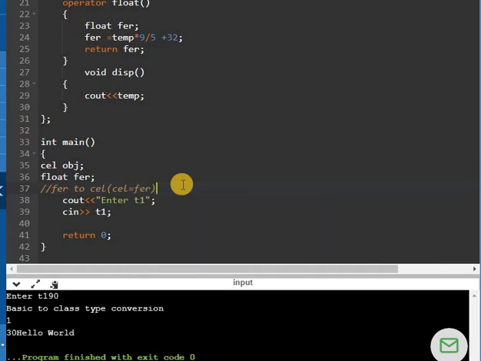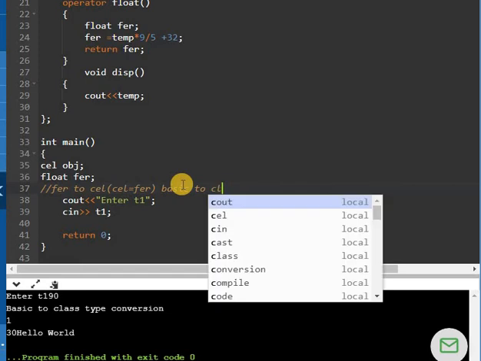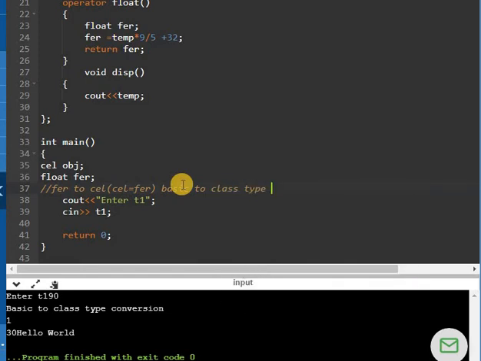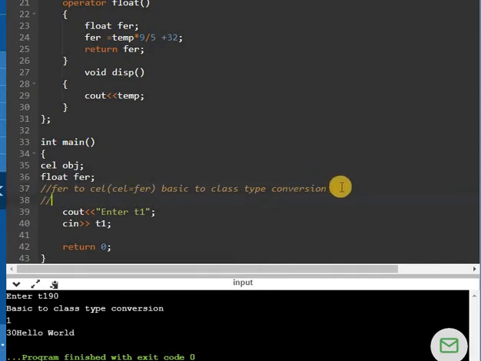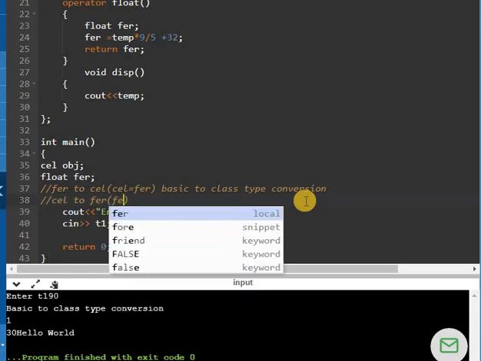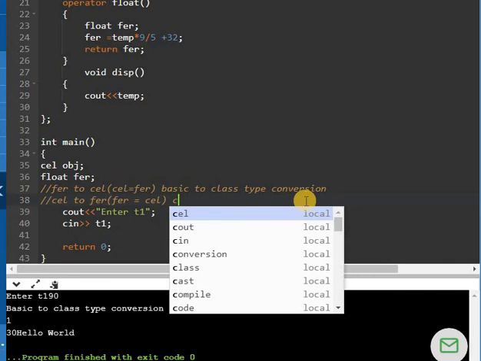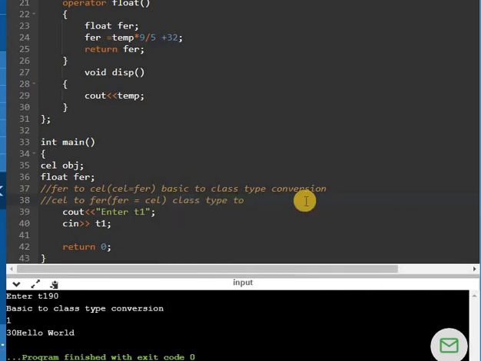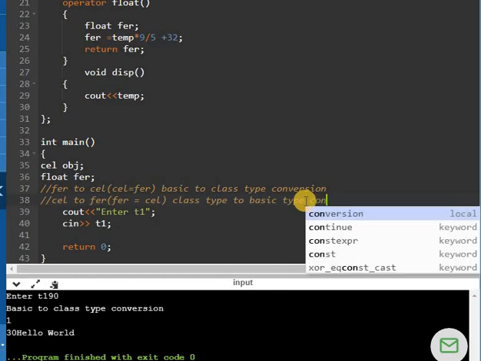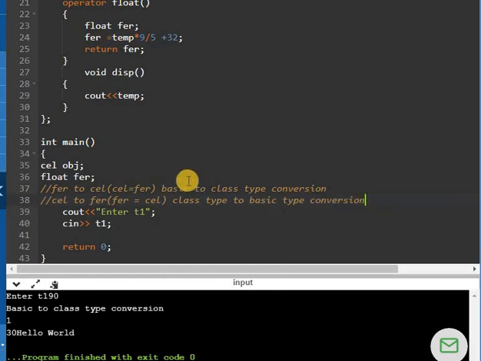In the case of basic to class type conversion, in this program, this is the line for example one that we did for basic to class type conversion. And in this class, we are trying to convert Celsius to Fahrenheit, and for this we have to write the statement, obviously, this is equal to, so what we are doing here is class type to basic type conversion. All right. So for this particular statement we have to write the code here.